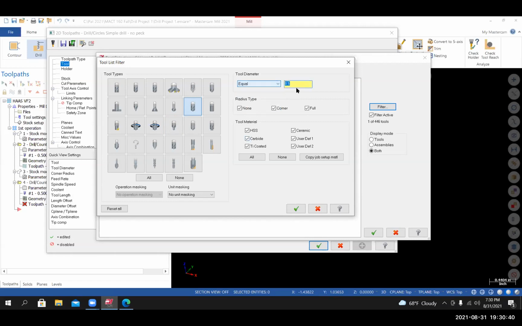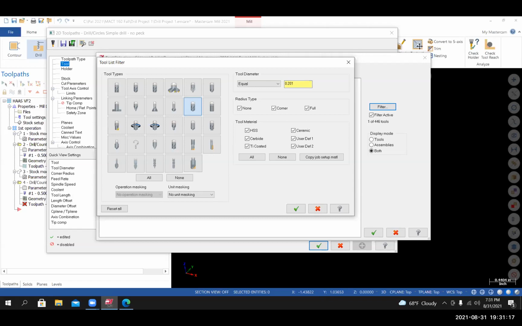And then if you know the decimal equivalent of the tool diameter, or even if you know the fractional version of it, or in this case, if I know the wire size of the drill, I could enter it in this field. If it was a 1/4 inch, I could type in 1 divided by 4. It'll do the conversion for me. If I know the decimal equivalent, I could type that in. Or if I know the letter size or the wire size. This is a number 7 drill, considered a wire size. If I type in #7 and hit enter,